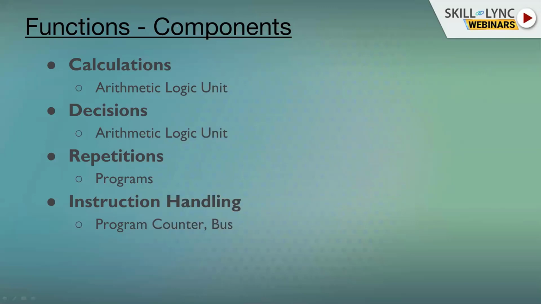Now let us look at what is happening in a digital computer, how each component works with these individual functions. In a digital computer, you have something called the arithmetic logic unit, which performs the calculations part, which the human computer used to perform earlier. The same thing is performed by the arithmetic logic unit. Decision is also performed by the arithmetic logic unit. So this arithmetic logic unit performs two sets of operations.